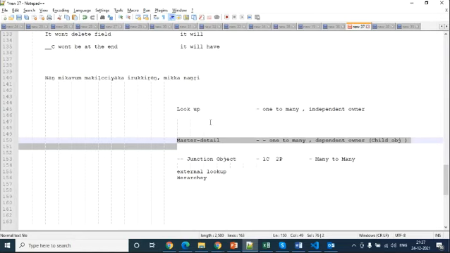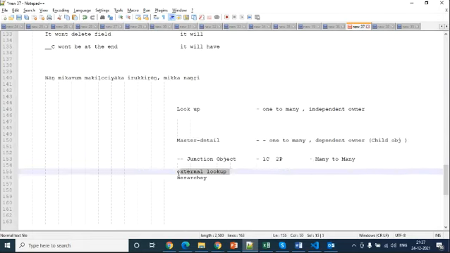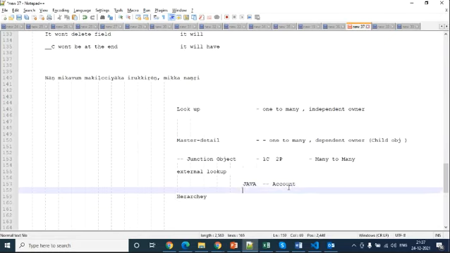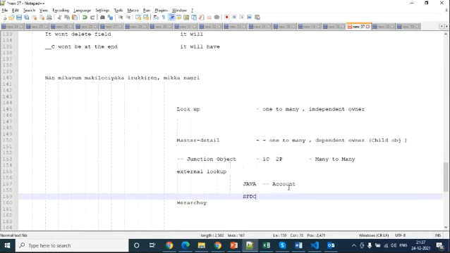And what is the external lookup? Okay, so now these two are fine. External lookup, in the sense, you can consider there is a Java system where they created one object called account. In our Salesforce system, we also have an object called account.